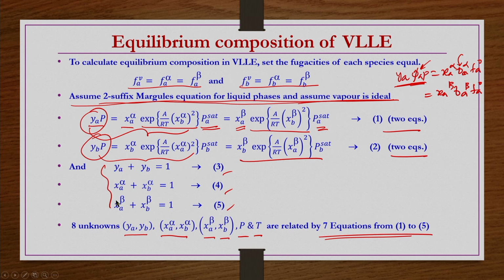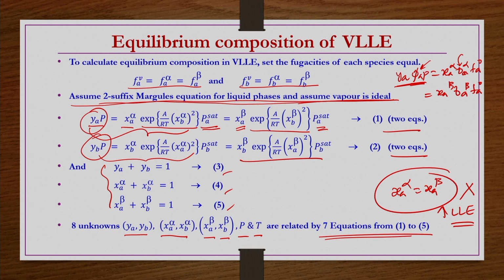And then we should also make sure about the trivial solutions. If XA alpha equals XA beta, then all these equations are satisfied in the case of LLE, this we have seen, but that is not the correct solution anyway, right. So, you can check whether these equations are satisfied or not. For simplicity, we will be assuming the pressure is low. If the pressure is low, then we know the activity coefficients etc. are independent of the pressure. So, then we can segregate this problem.